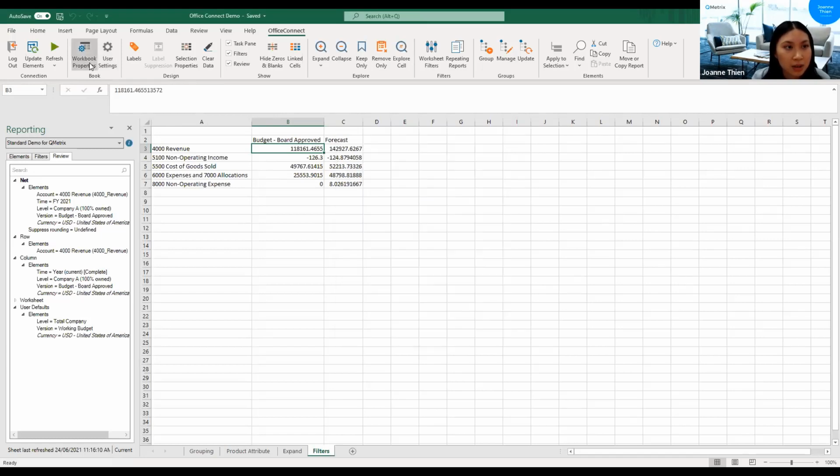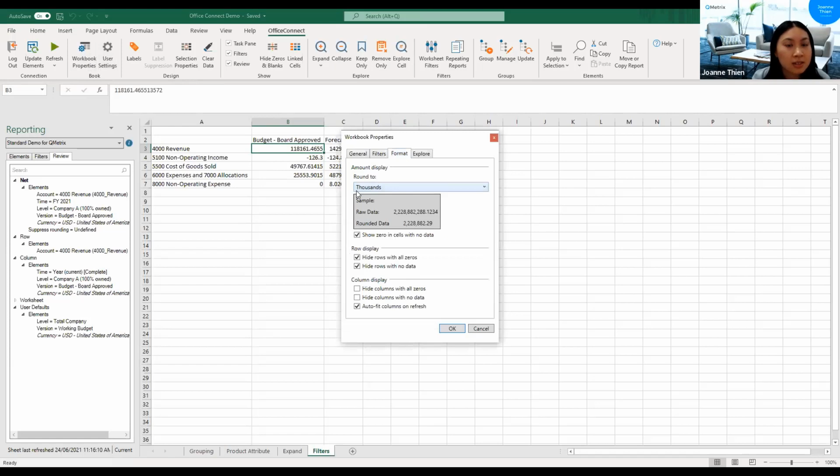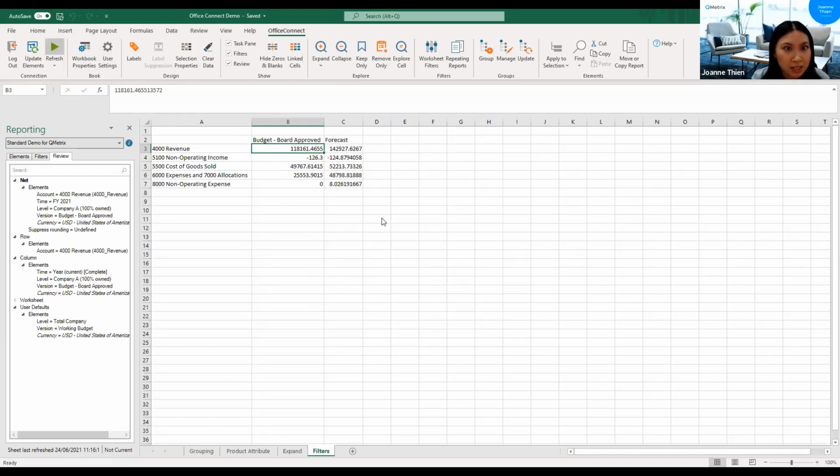However, if I go into workbook properties, and this is also in the thousands, if I change this to the millions, press OK and refresh, you can see this is updated to the millions. So that just demonstrates that workbook properties take precedence over user settings.